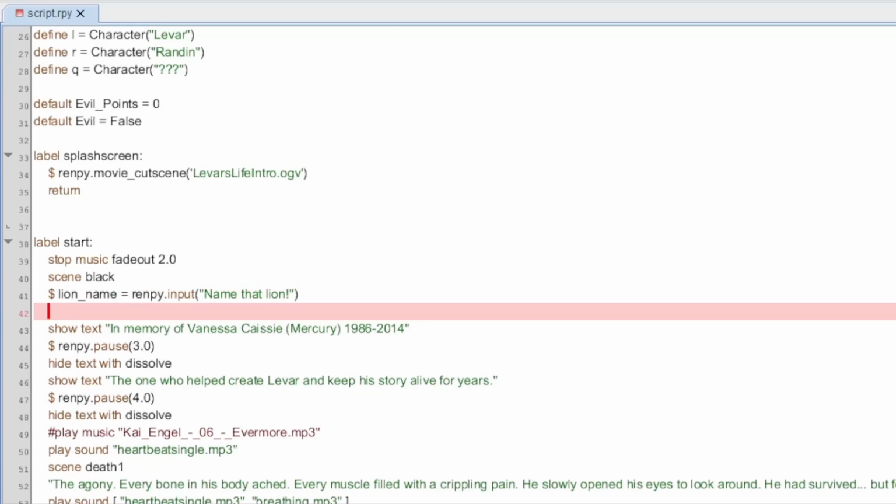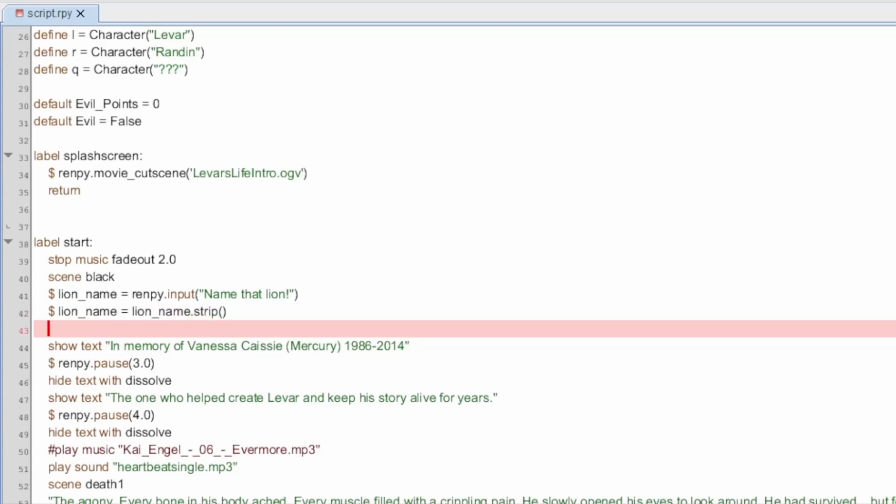Now we're going to once again have $, space, lion_name, space, equals, space, lion_name.strip(), open parentheses, close parentheses, enter again, if lion_name